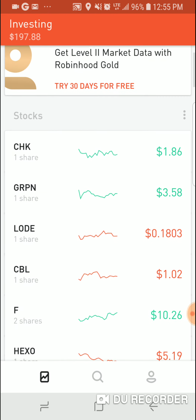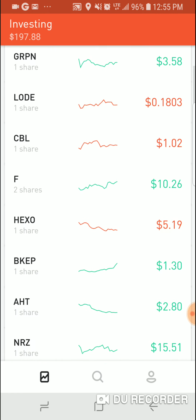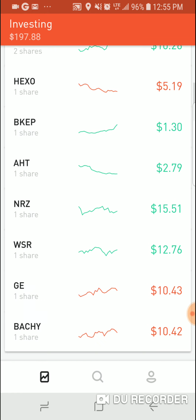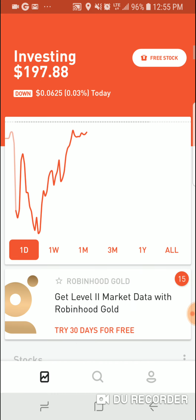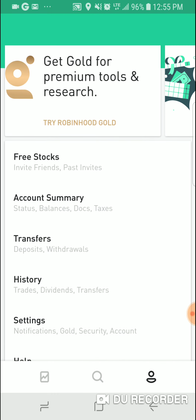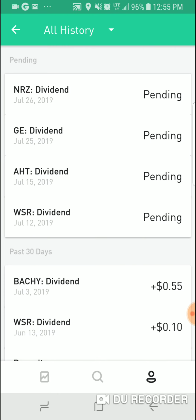Now, these are some of the stocks I own. I don't have a ton of stocks. I bought stocks here and there. So I bought $15 stocks, $12 stocks, whatever. I bought these stocks here and there. I didn't spend a whole lot of money on stocks. So let's go to my history and let's go to dividends,